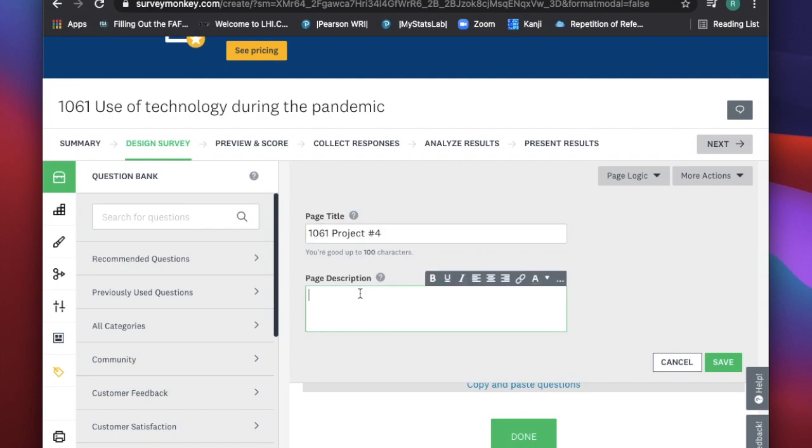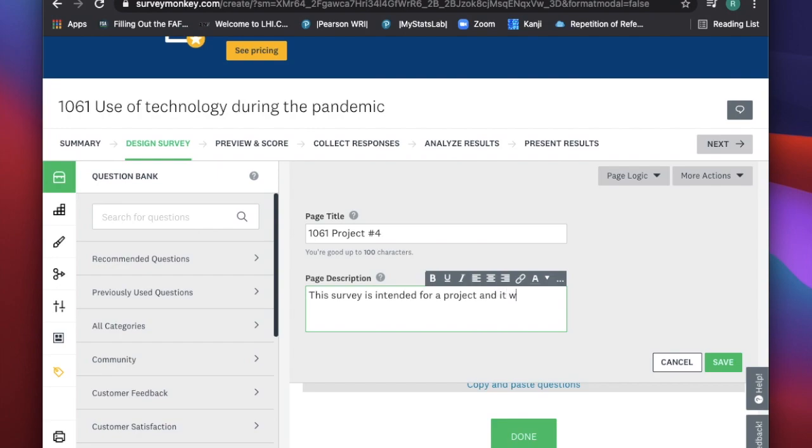Then you would put a disclaimer, for example, like this survey is intended for a project, and